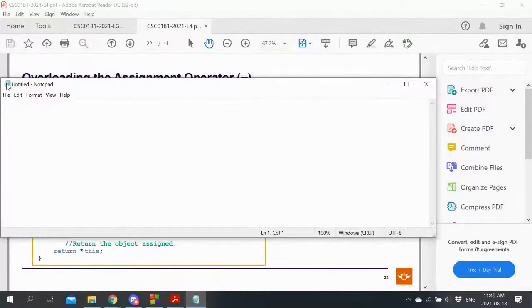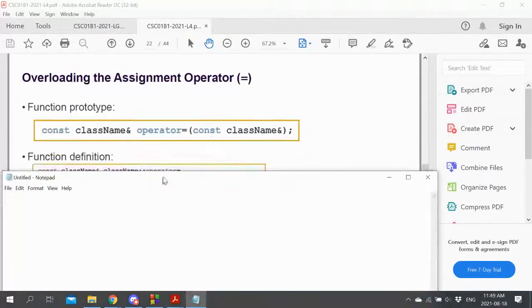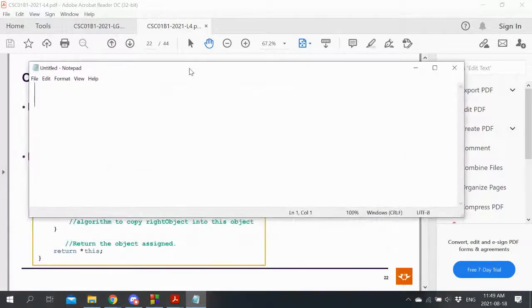But let's think to ourselves, why does the parameter list look the way that it does? So let's say we've got a class called class, and we want to assign things to each other. We've got instances of the class A, B, and C. So if we look at regular integers, you are actually allowed to do something like this: A, B, and C. Assignment operators can be chained the same way that the stream operators could be chained.